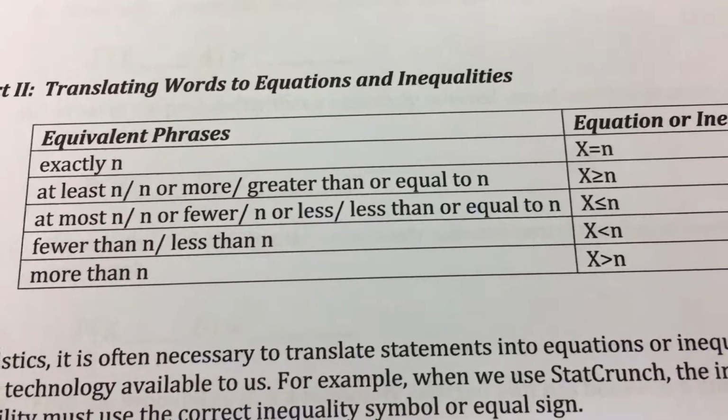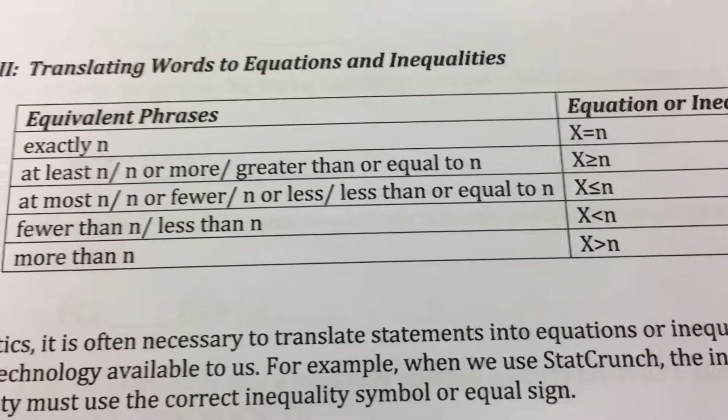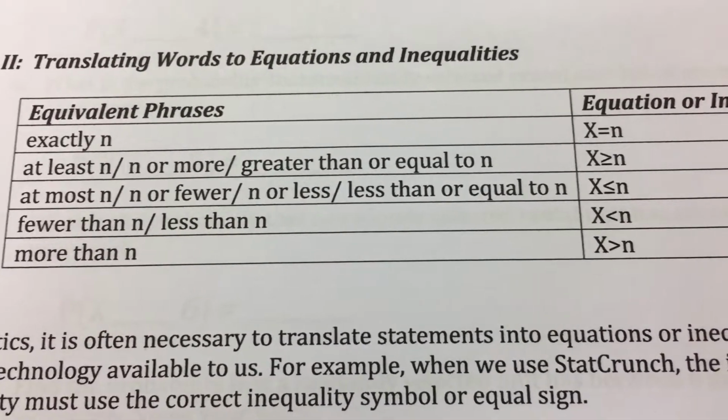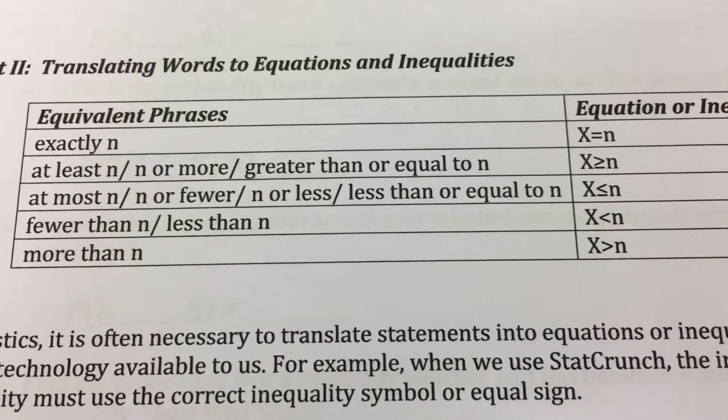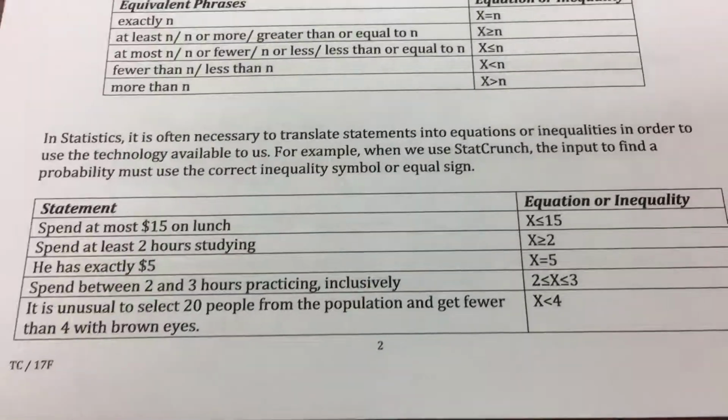And then at most means the most in my group is whatever n is. And so when you go to write that, you say x is less than or equal to n. And then fewer is less than, and then more is greater than. Okay. Now in statistics,